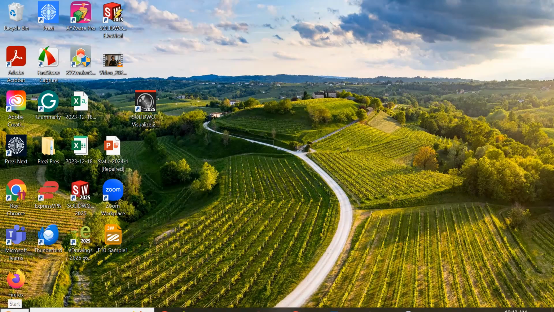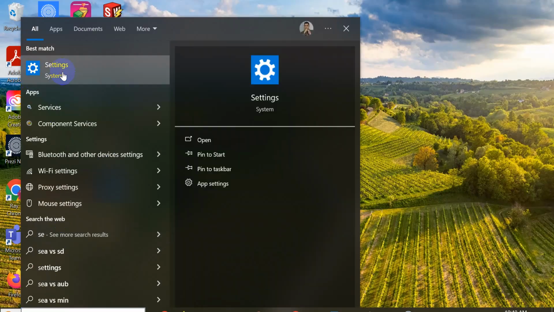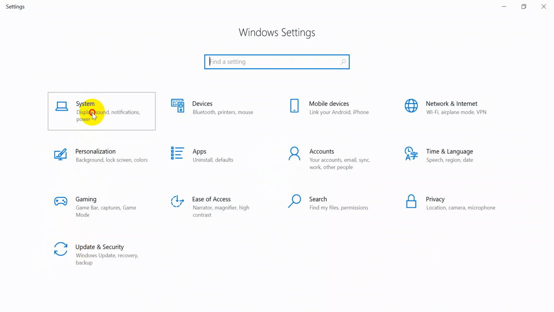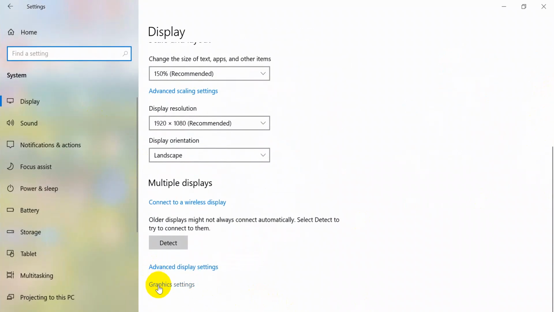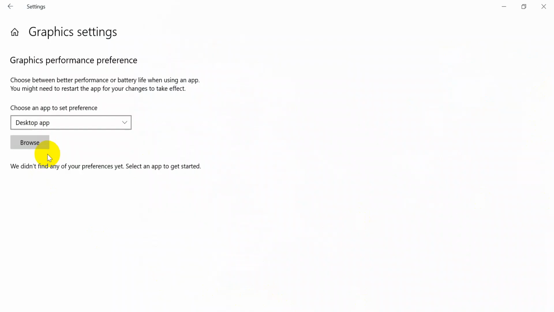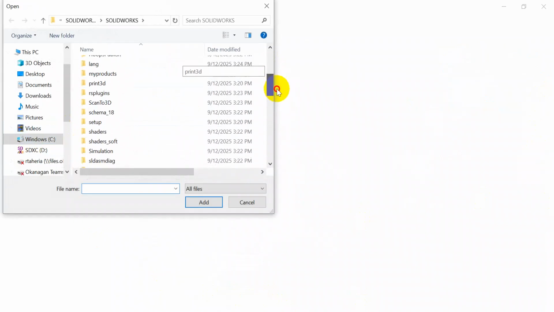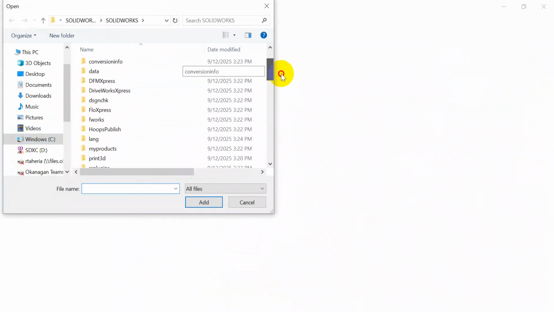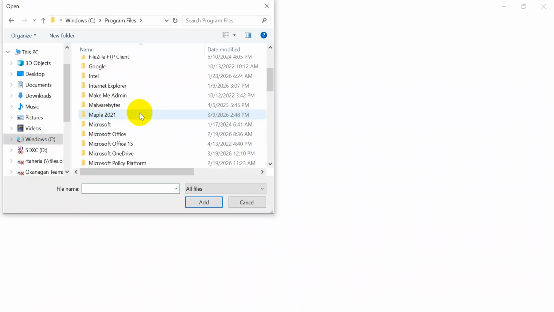The first thing is you go to your computer settings, and then you go to System. Then you come all the way down and go to Graphics settings right here. You have to pick SolidWorks as an application. So browse, depending on where your SolidWorks is. In my case, SolidWorks is in Program Files. Let me go to the C drive, then Program Files, and then I go to SolidWorks